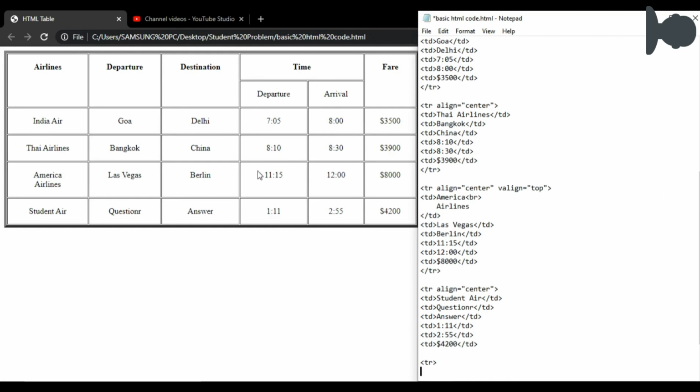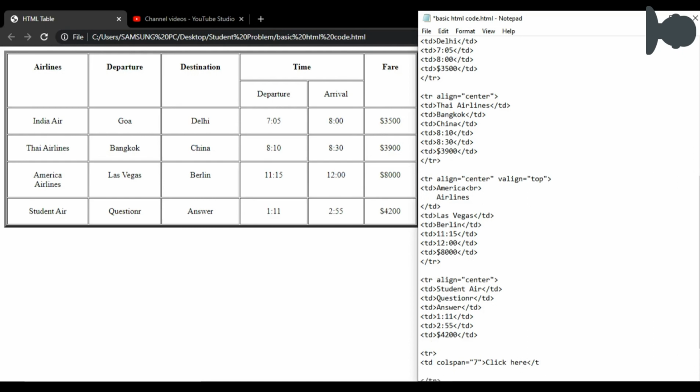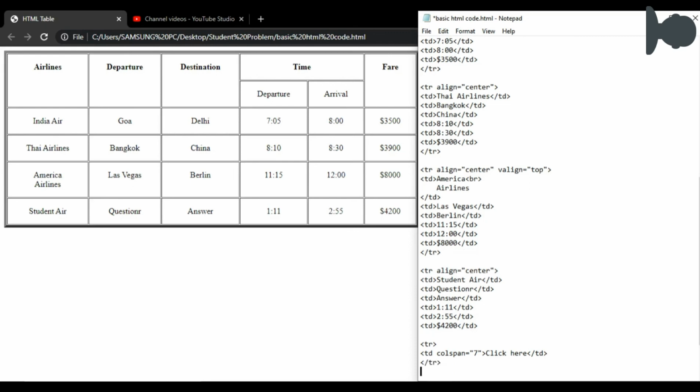So you use table data colspan is equal to 6. Click here. We close the table data tag, and now we close the table row tag. Now you will see the output.